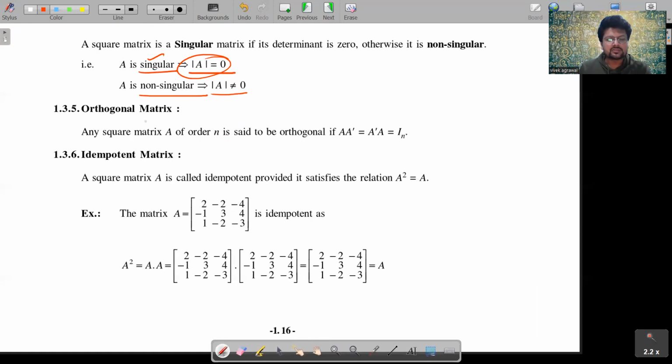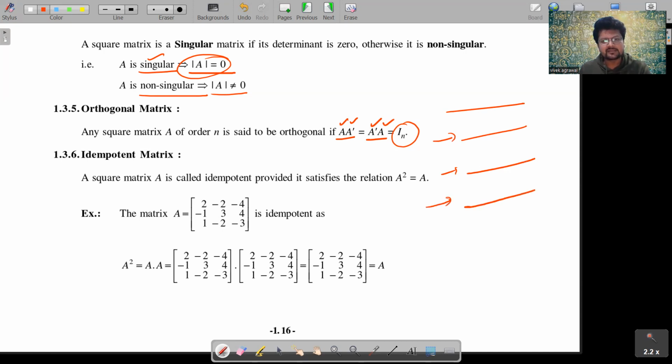Now let's talk about the orthogonal matrix. Any matrix will be called an orthogonal matrix if A into A dash is equal to A dash into A. You have to check if the given matrix is orthogonal or not, and you can do it by multiplying A with A transpose and A transpose with A. These two should be equal and equal to the identity matrix. Sometimes the question is asked like this: a matrix is given to you and it will be asked, is it a unitary matrix, is it an orthogonal matrix, is it idempotent